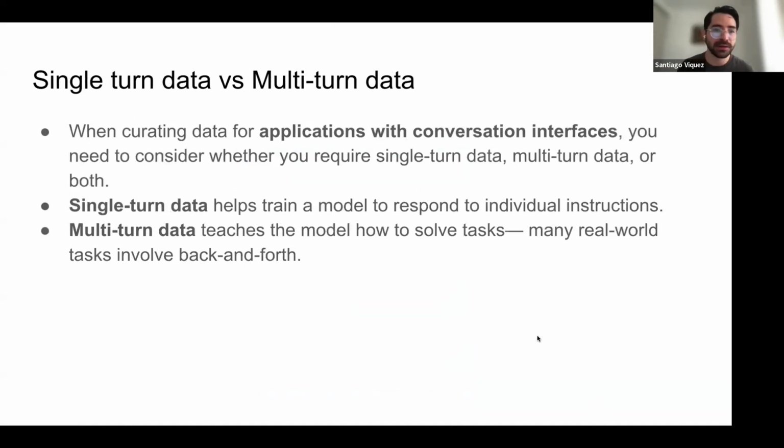Also, for example, if you want an application, a conversation interface like ChatGPT, and you want your model to handle single turn versus multi-turn responses or interactions, your data should also have those, right?